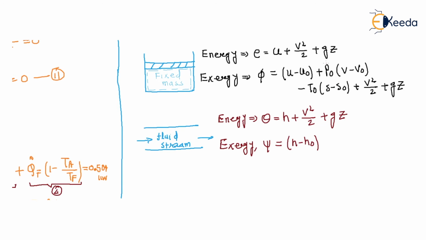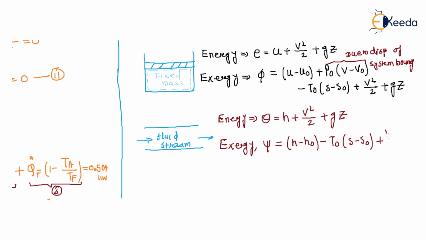This term is due to displacement of the system boundary, so it does not appear here. Why? Because there is a flow, so this is 0. So minus T naught (S minus S naught)